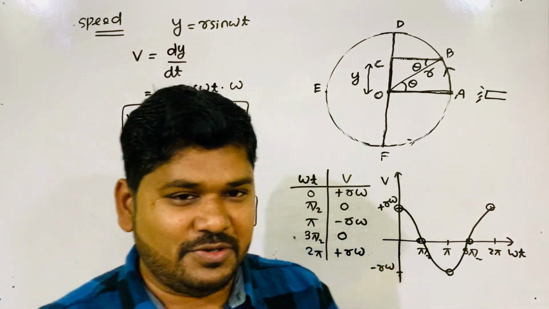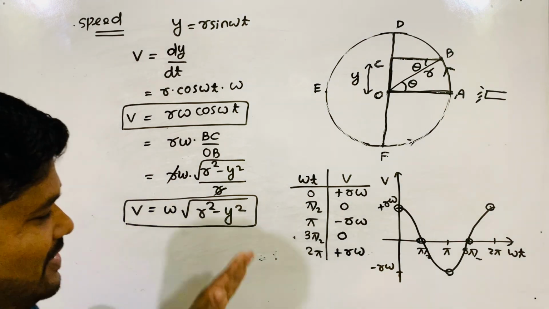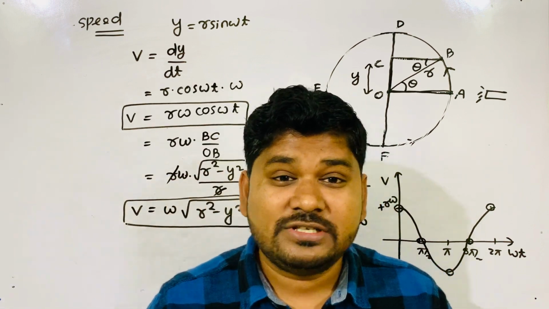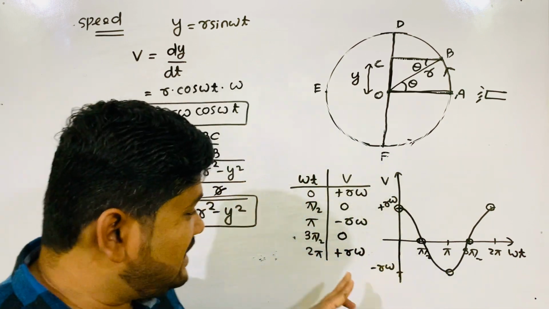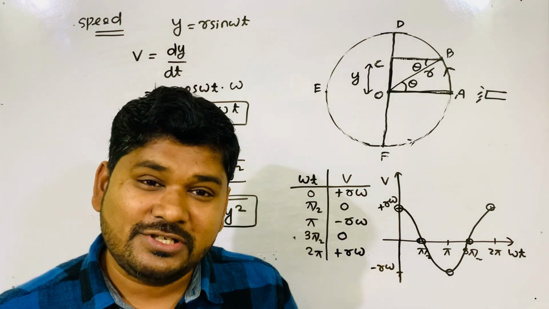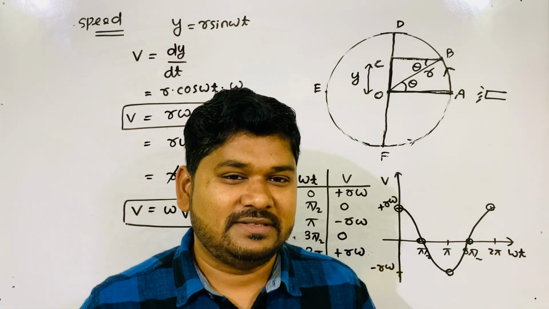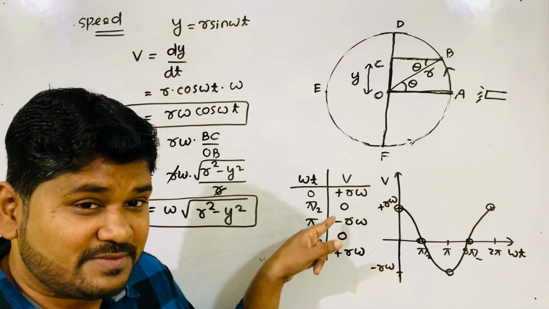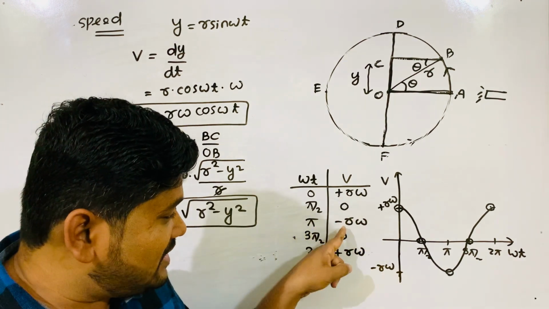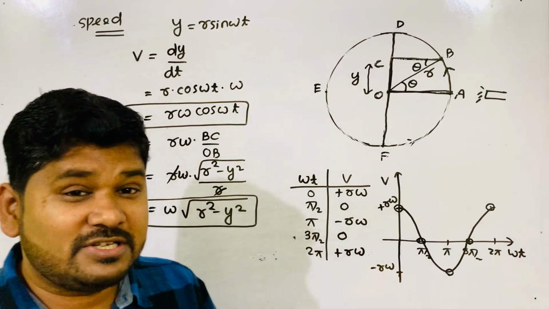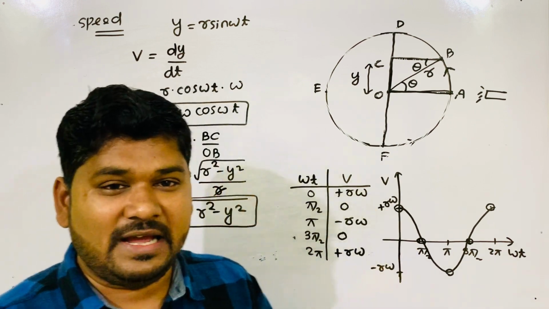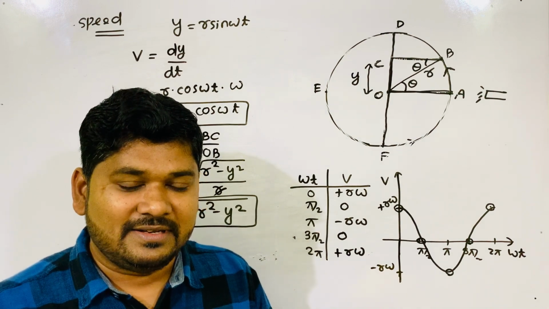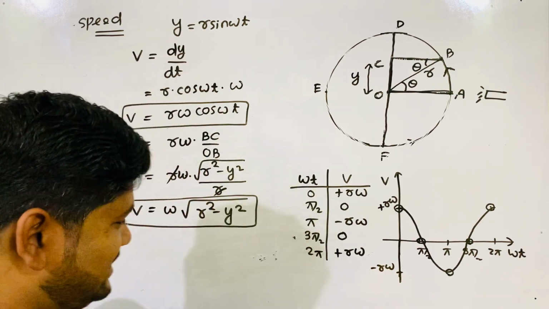We can say also velocity, no problem. So here, what is the maximum value of velocity? One thing you mark here, velocity is not constant, it always varies. Velocity also oscillates like displacement. Its values oscillate between plus R omega and minus R omega. So velocity oscillates between plus R omega and minus R omega, like displacement.